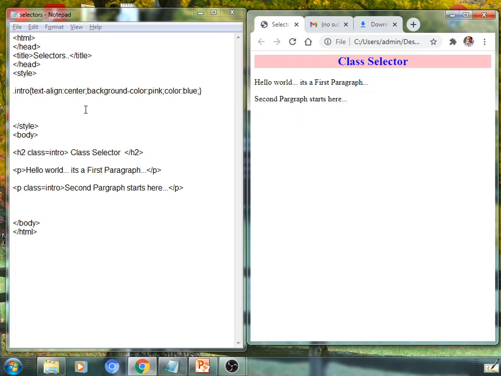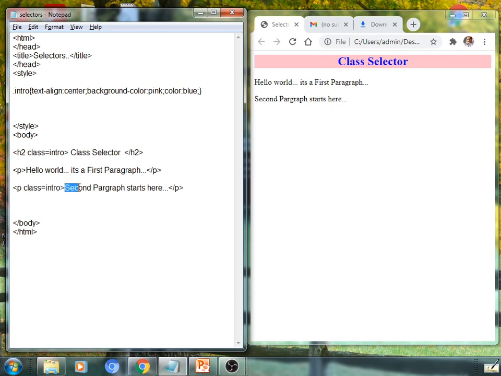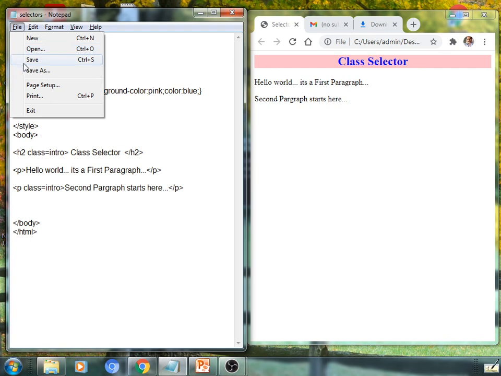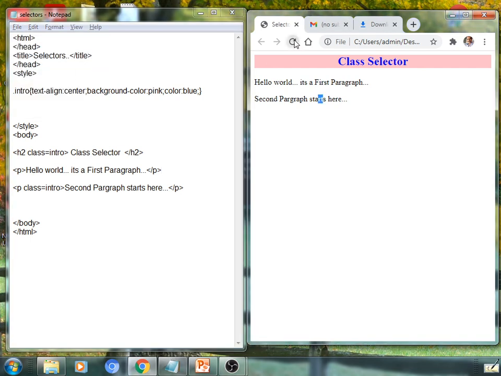See, I have applied here P, that is the paragraph tag, class equal to intro. Second paragraph starts here. Such content will be displayed in blue color with center alignment as well as pink as a background color. See here, it is applicable. How interesting it is.